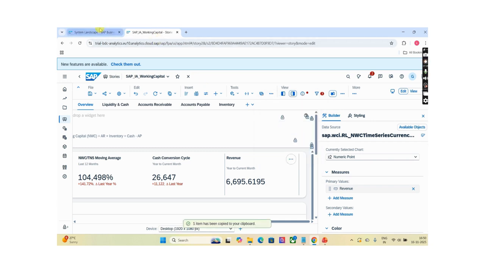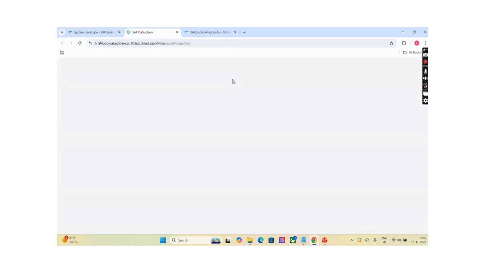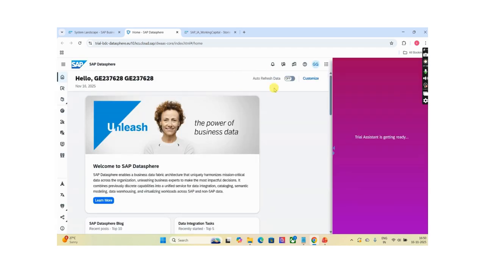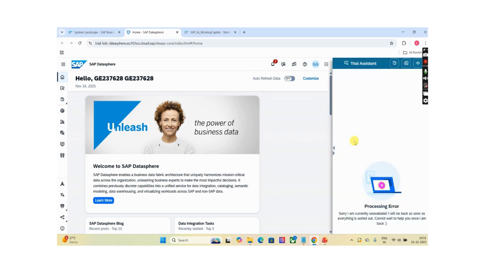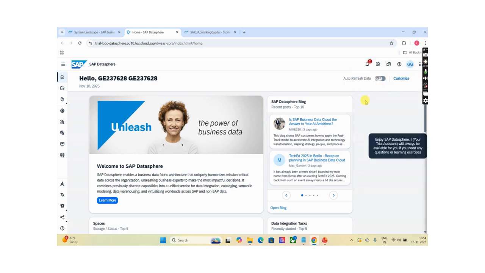of the story. Go to system landscape, open DataSphere. In DataSphere also you need to follow the same steps. You need to open the respective model, copy that model, make changes, and create an analytical model on top of that view, and you can consume that model into the SAC.